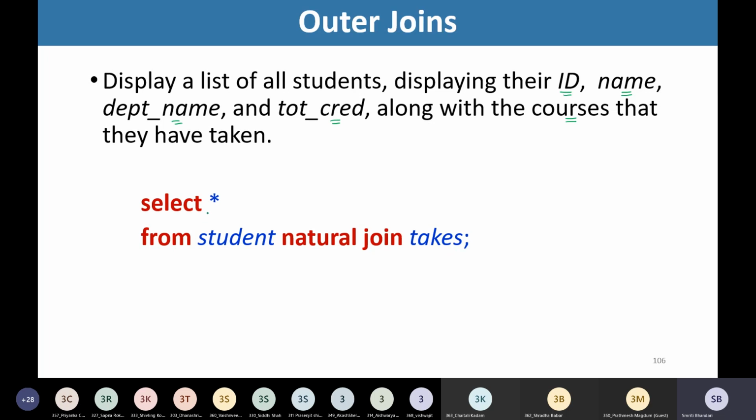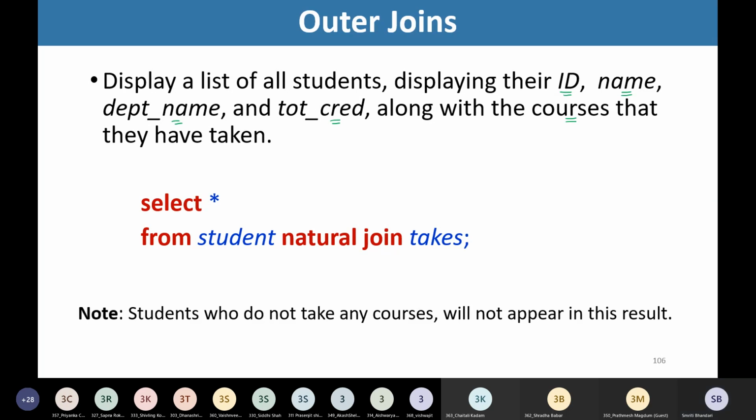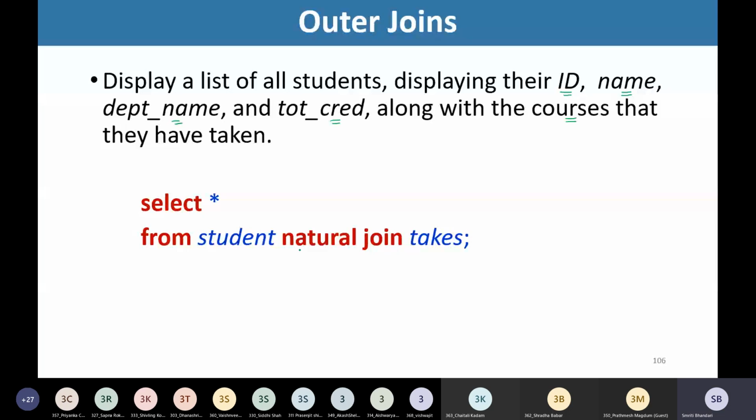Now, see here how we are going to write this query. Select star from student natural join text. So what will we be having in this output? This is natural join. So what are the attributes of student relation? We are having ID, name, department name,